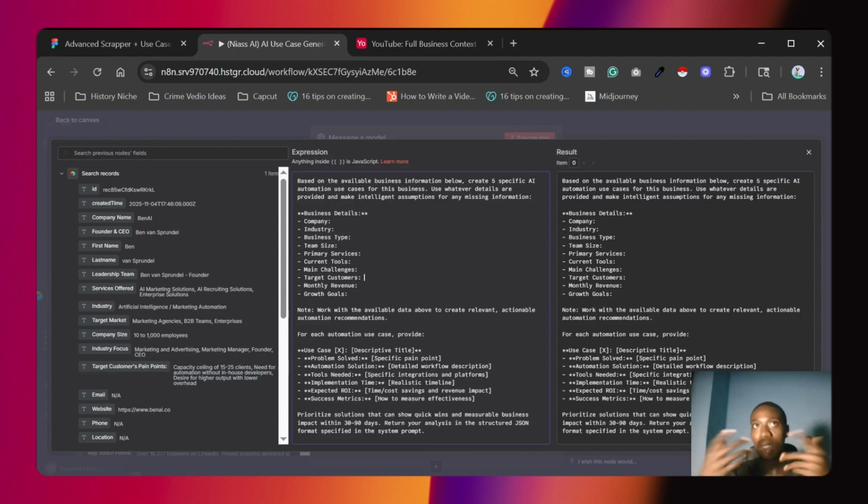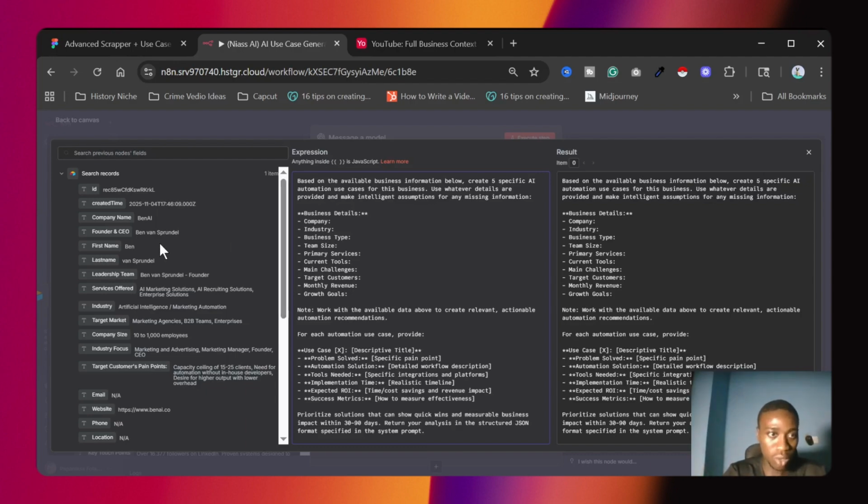Taking note of this, guys, we're able to build this system and give it enough data because of the first scraper we built. That scraper got us the initial output that we need to feed into this input, so it's going to get us the tailored use cases for a particular business.